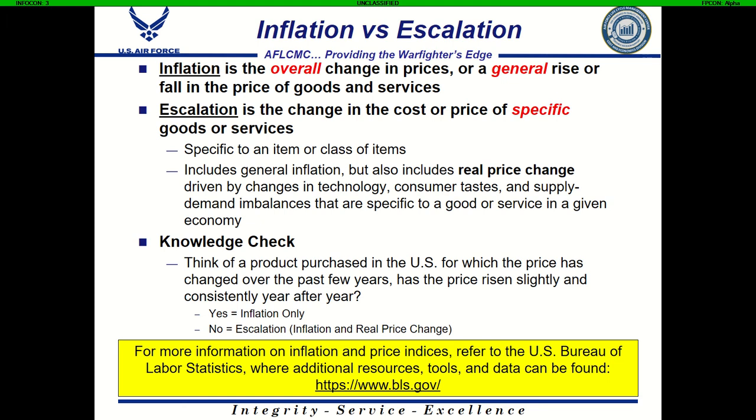The Bureau of Labor Statistics has a lot of data on all these economic factors, including the consumer price indexes of how much consumers pay for various products, the employment price indexes, which is how much employers pay their employees for various job sectors,